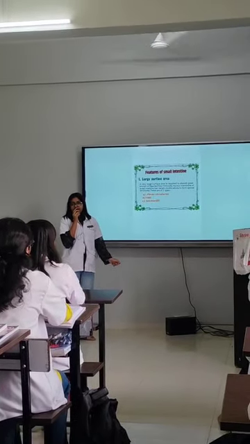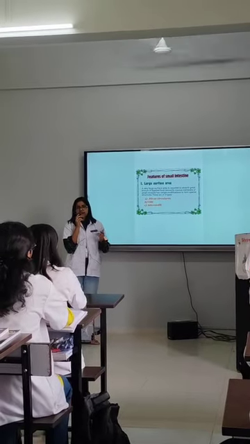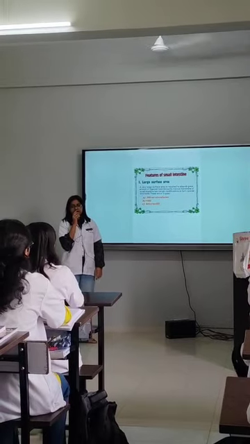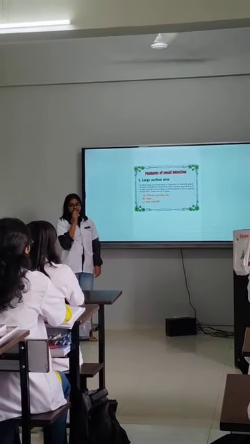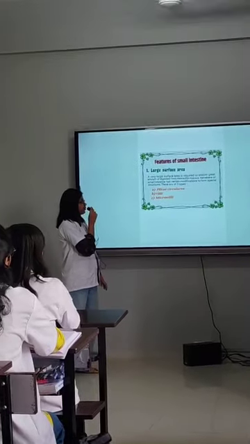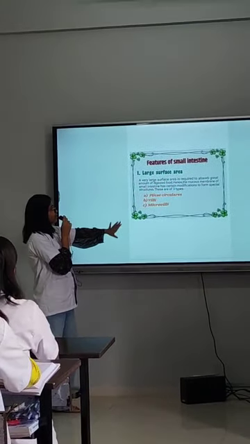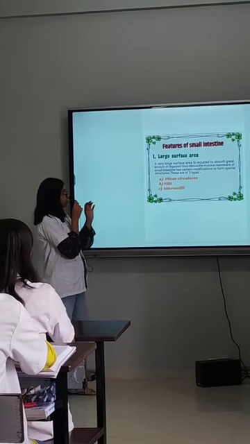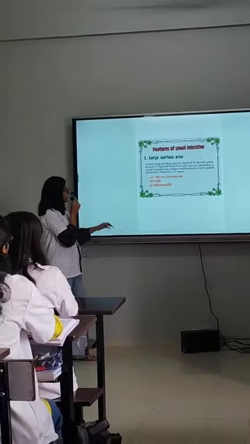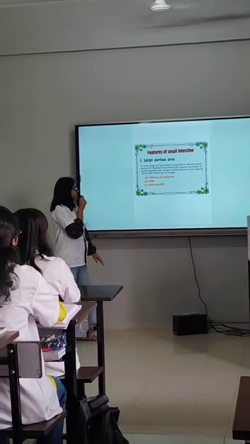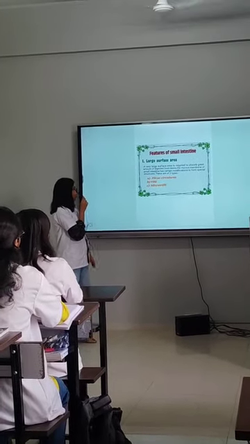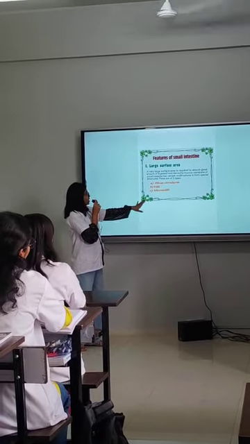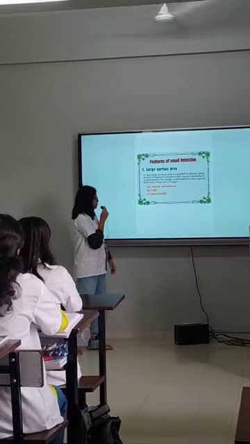So, the entire gastrointestinal tract, as we all know, has four layers. The outermost is called serosa, and then muscularis, submucosa, and the mucosa. So the mucous membrane of the small intestine forms special structures to increase the surface area. These are the three structures: plica circularis, villi, and microvilli. Of these, you might be knowing villi and microvilli. Plica circularis is the new term introduced.